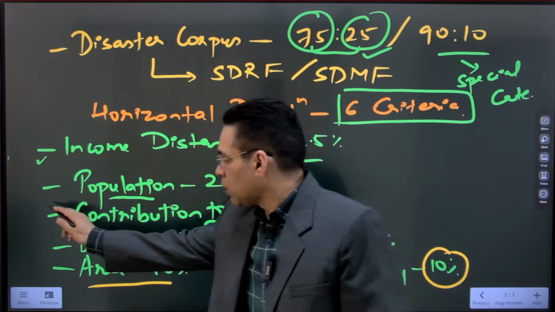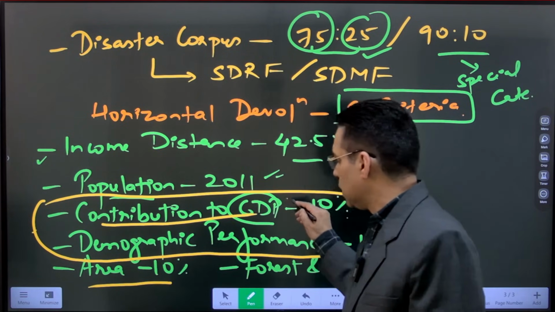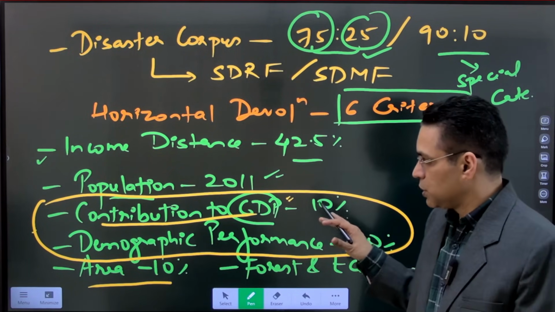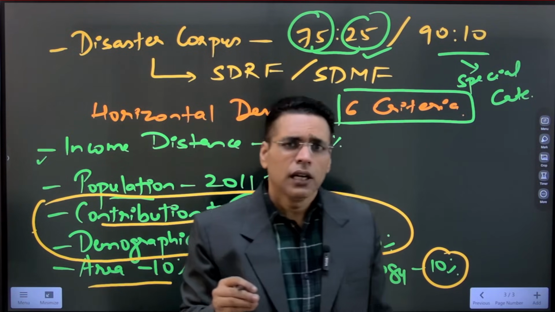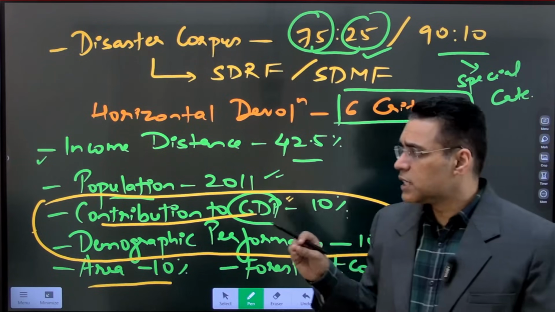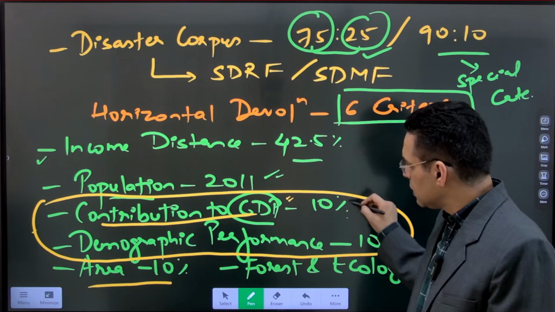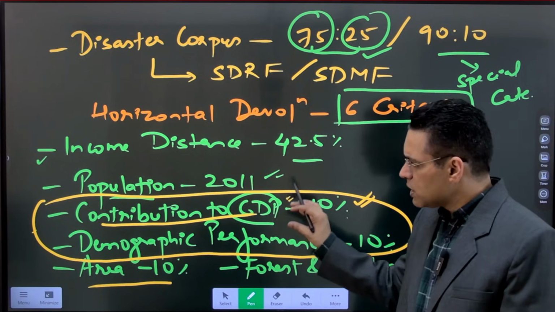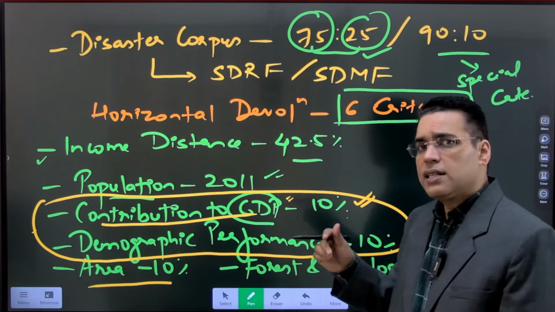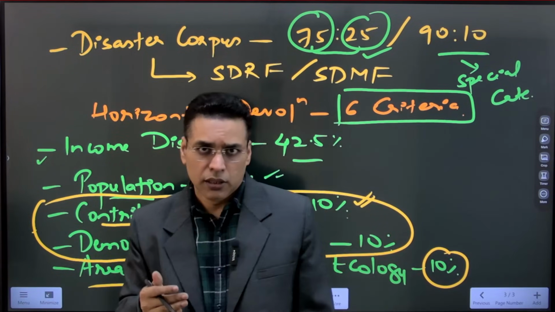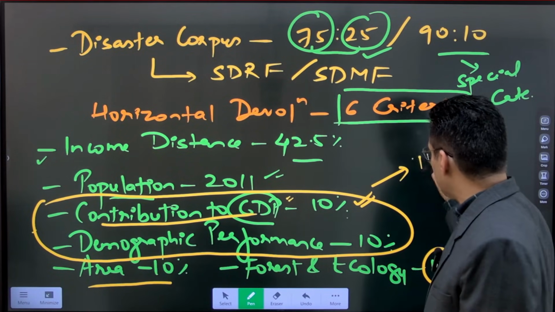But broadly there are two concepts which I believe you need to understand. One is a new term that has been added, which was not there in the previous Finance Commission. The southern states like Tamil Nadu, Karnataka, Kerala always complain that we are getting less revenue in spite of contributing more to the GDP. So Finance Commission has taken that into consideration and has added this term, contribution to GDP. Because they are contributing more to the tax, they should be getting weightage for that. Also, demographic performance wise, these states have been able to control their population in a better manner. So these are the two major criteria which are mainly supportive to the developed states.